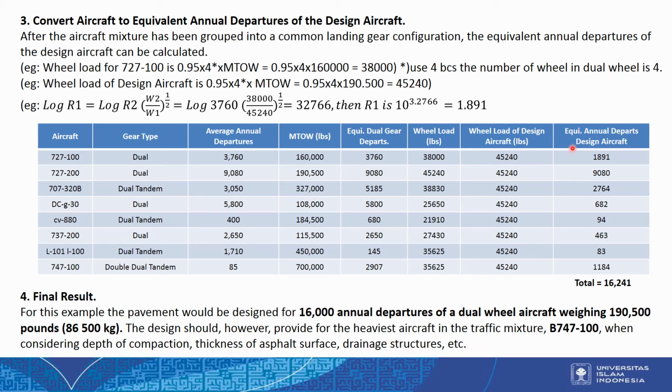The last is to calculate the equivalent annual departures of the design aircraft. We will use the equation here like I have said in the slides before. The R2 is the equivalent dual gear departures here, the W2 is the wheel load, and the W1 is the wheel load of the design aircraft. We make the calculation here, and we will get that the R1, or the equivalent annual departures of the design aircraft, is 1,800